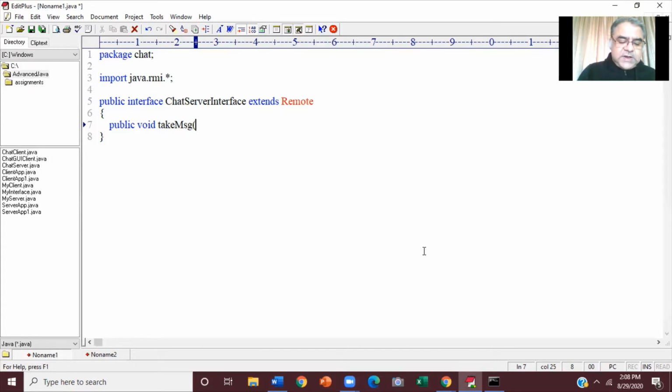So takeMessage takes a parameter String message and has a throws clause, throws RemoteException. The client is going to call this method on the server and pass his message. Now, once the server receives this message, he has to broadcast it. How will he broadcast? He has to give this message to all the clients. How is he going to do it?